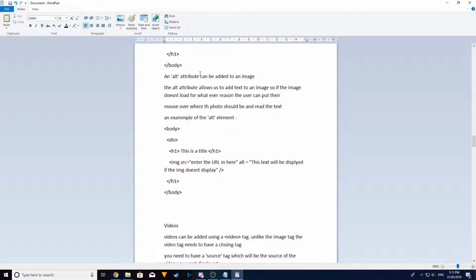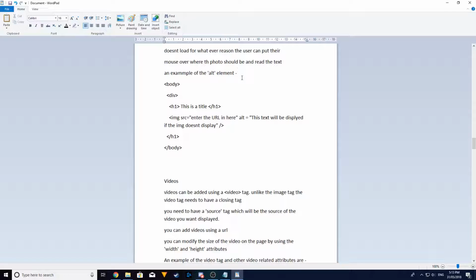An alt attribute can be added to an image. The alt attribute allows us to add text to an image, so if the image doesn't load for whatever reason, the user can put their mouse over where the photo is supposed to be and read the text. An example of an alt element is